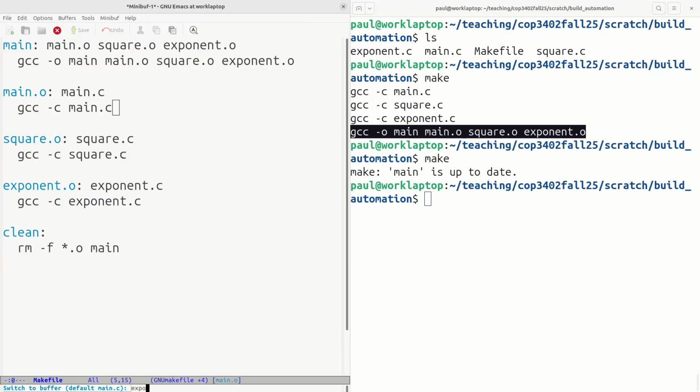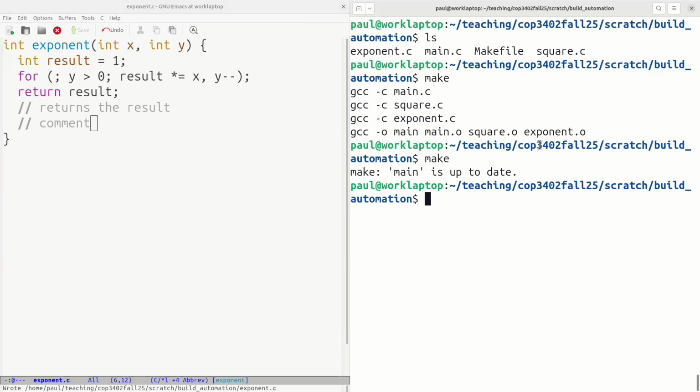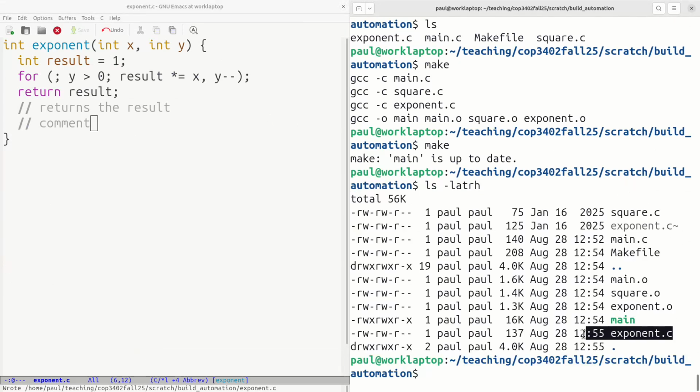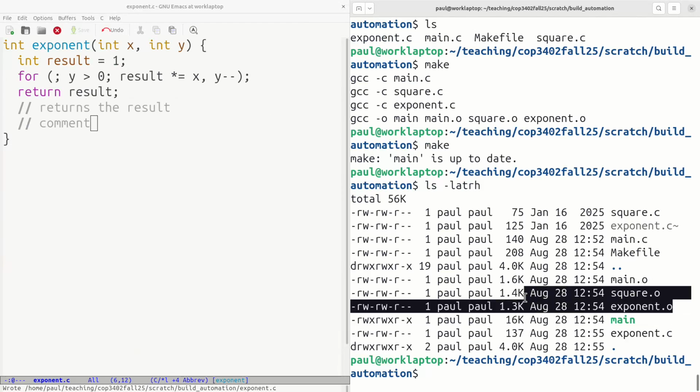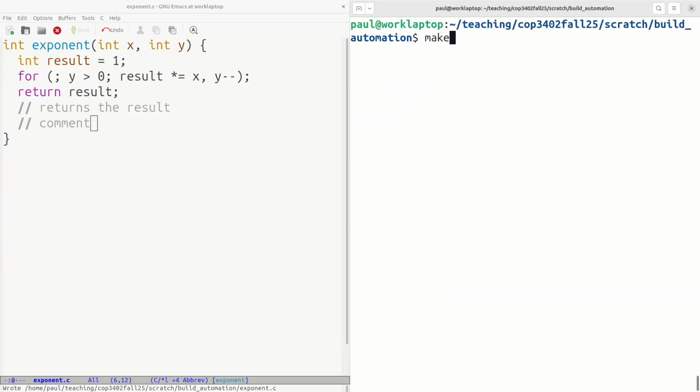But if I go in and I change exponent, well, this is just a comment, but so I've changed the exponent.c file. And if you look at the timestamps, you can see exponent.c has now been modified later than exponent.o, right? So exponent.o is now out of date. So if I run make again,